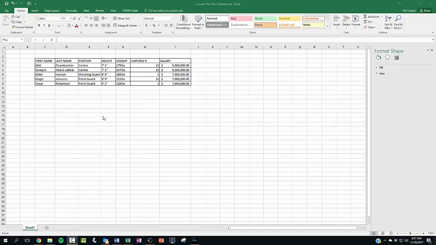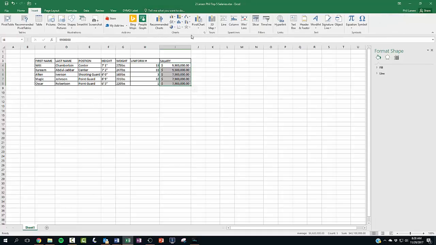Finally, we want to put in some sort of graph, like a pie chart, to show who's making what amount of money, and we're going to have that pie chart show up right here. So here's what you're going to do. First, we're going to go to Insert, and you can see you have all these charts that you could insert, and the one we're going to be interested in is the pie chart. But before we click on that, we need to do something.